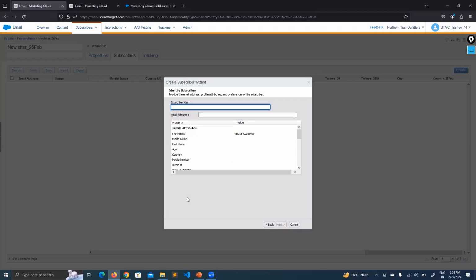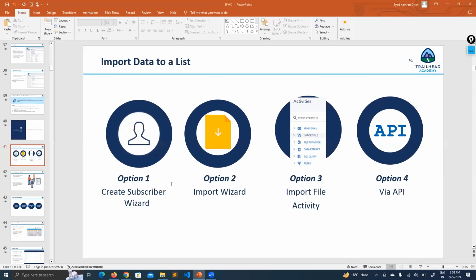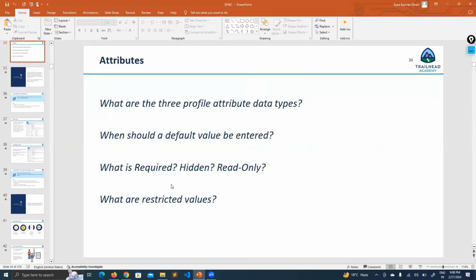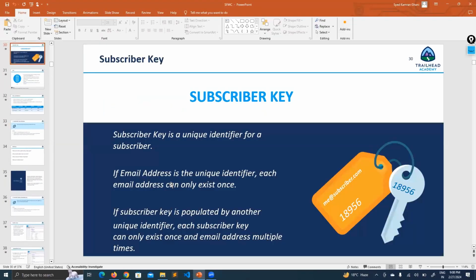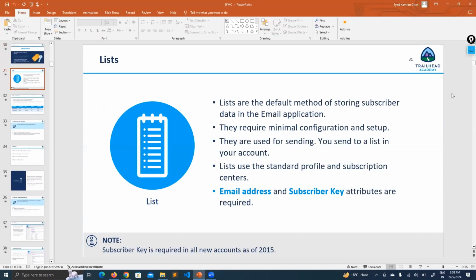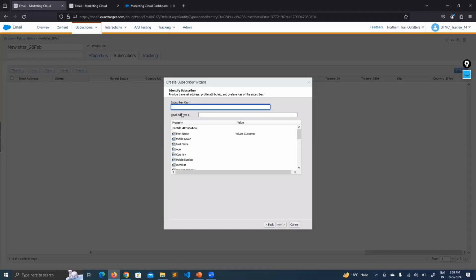Okay. Now, one more thing I need to explain. While creating a list or any subscriber record, 2 things are mandatory. That is email address and subscriber key. These are the mandatory fields for creating any subscriber record. All right. Email address and subscriber key. So let's say I'm creating a record